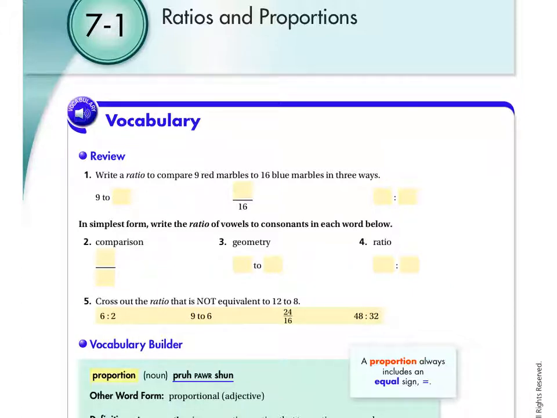So if we're going to write a ratio to compare 9 red marbles to 16 blue marbles, one way would be 9 to 16, or 9 over 16, or 9:16. Those 3 ways. So if they ask you to write your ratio in 3 different ways, those are your 3 different ways. Then in simplest form, and an emphasis on simplest form,